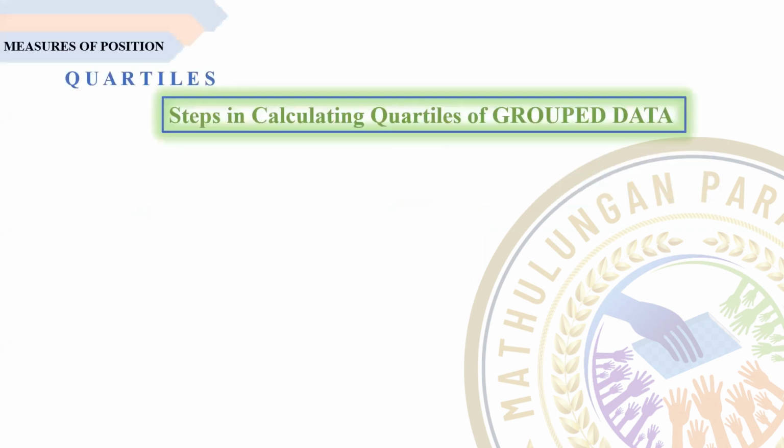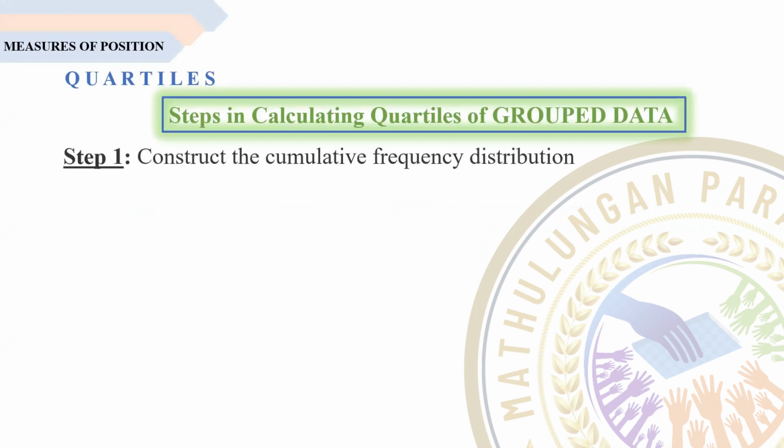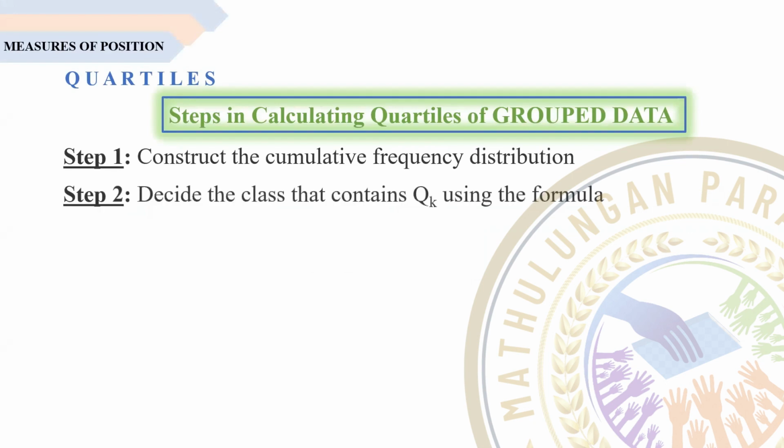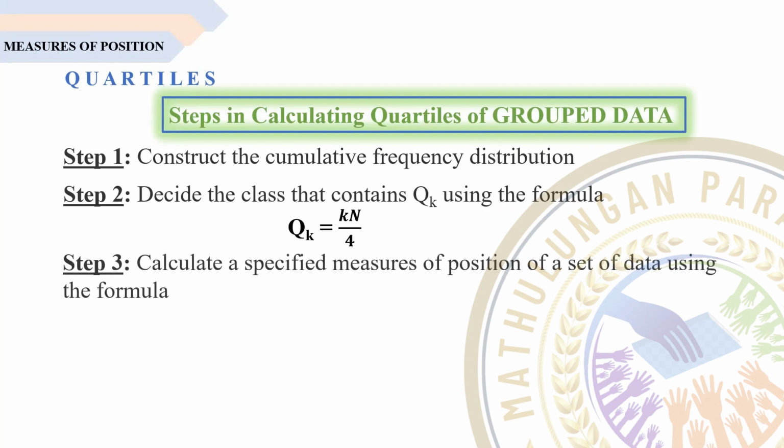Here are the steps in calculating quartiles of grouped data. Step 1. Construct the cumulative frequency distribution. Step 2. Decide the class that contains Q sub k using the formula k times n all over 4. Step 3. Calculate a specified measure of position of a set of data using the formula Q sub k is